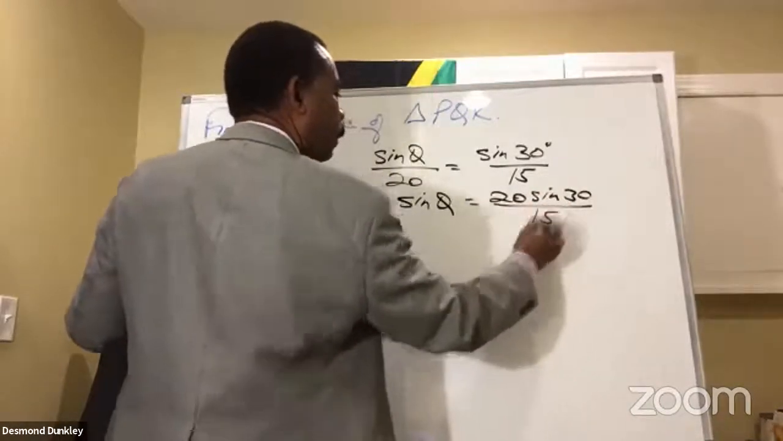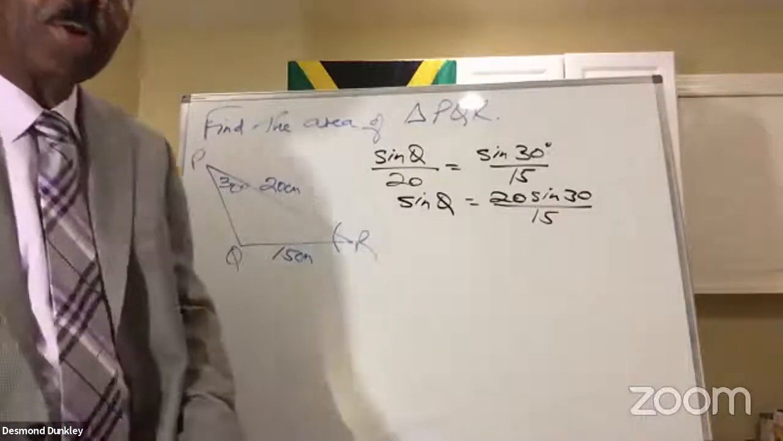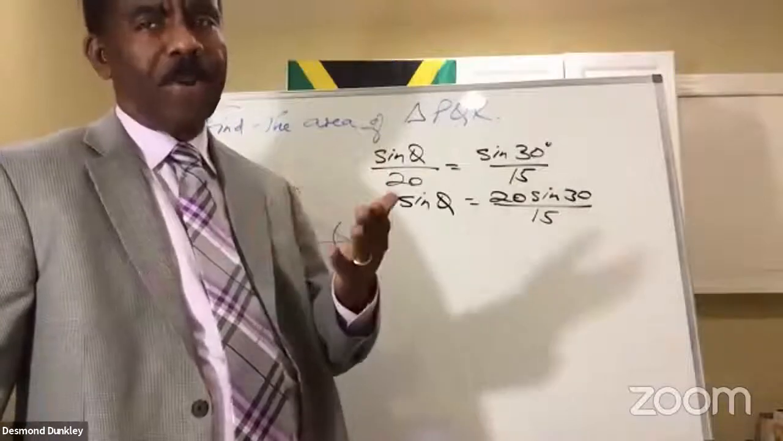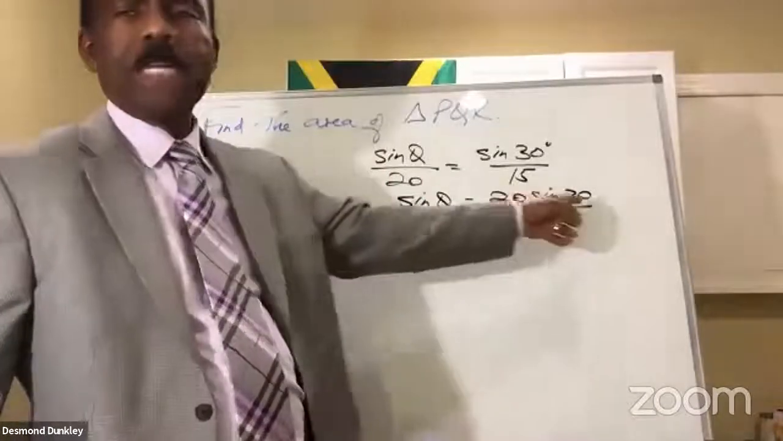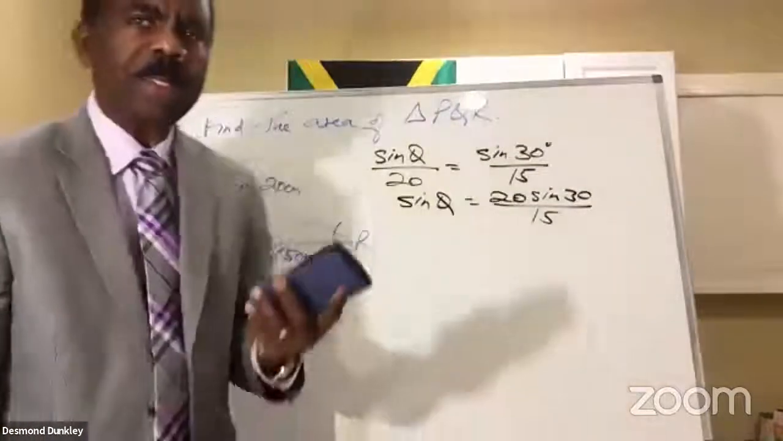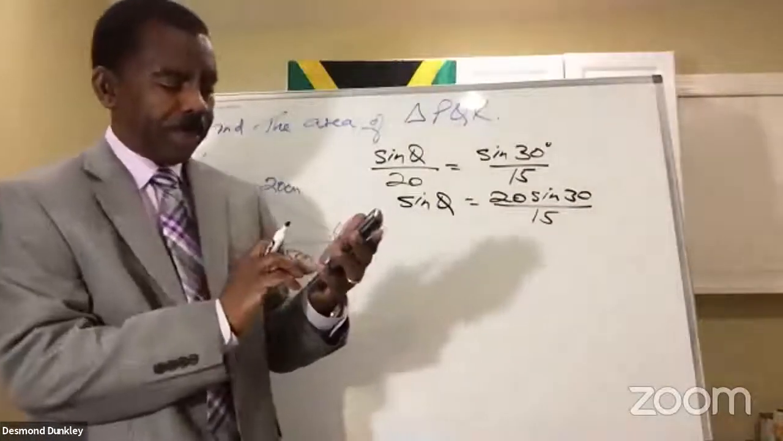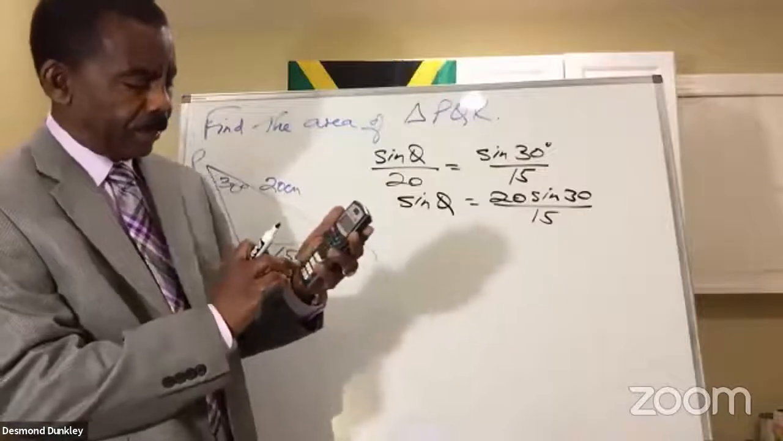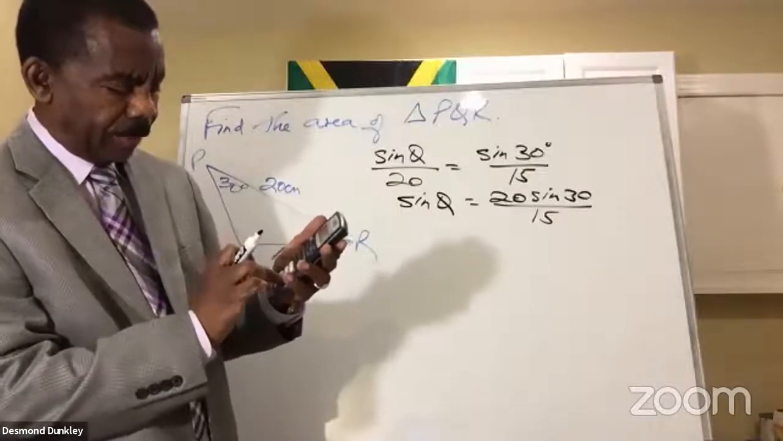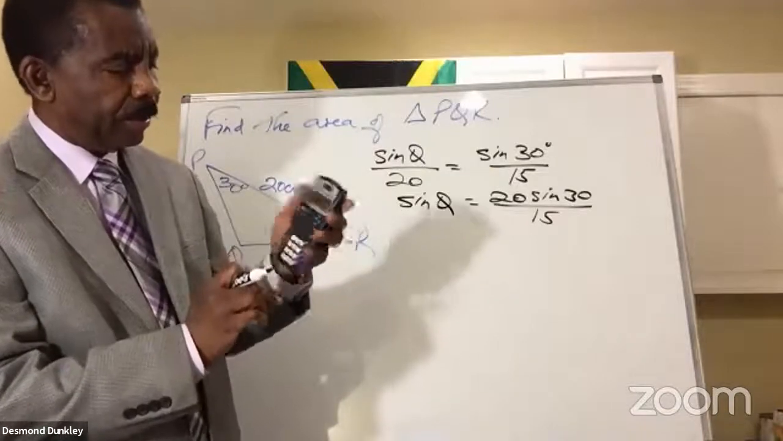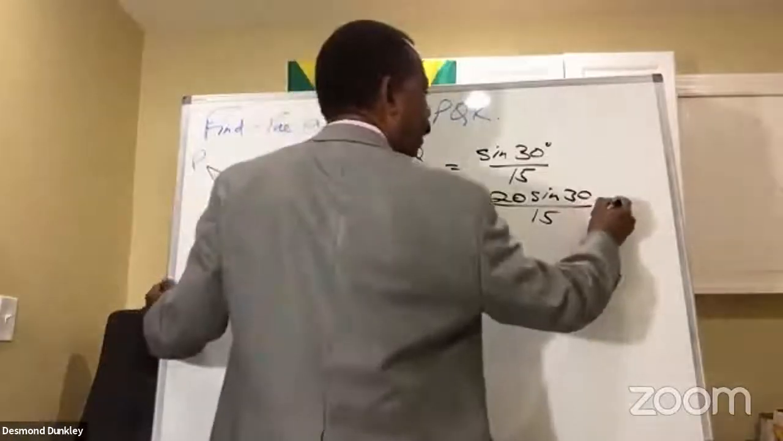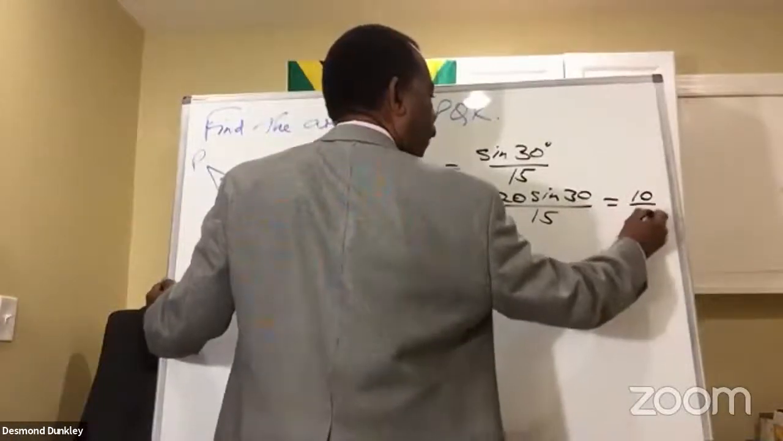over 15. Now, I already know that sine of 30 is a half, but you might not know that. 20 times sine of 30 is going to give us 10. So suppose you didn't know and you type it in your calculator. Let's see what the calculator does. 20 times sine of 30 equals 10. So this is equal to 10 over 15,